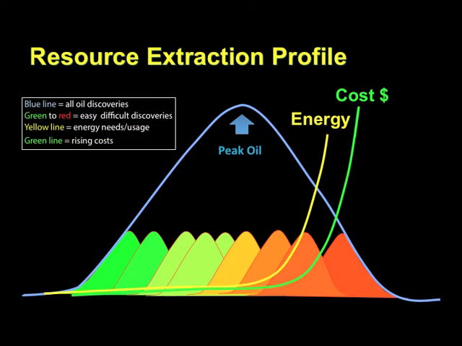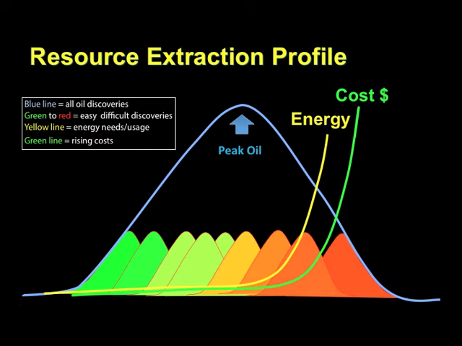This resource extraction profile provides a graphic summation of the oil depletion process. The overarching bell-shaped blue line indicates the depletion curve of all oil production over time, while the smaller bell-shaped curves along the bottom indicate the individual oil fields. Moving left to right, colors of the bell curves change from green to red, representing the increasing challenges of extracting